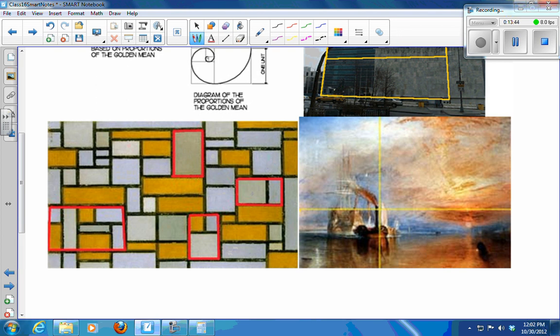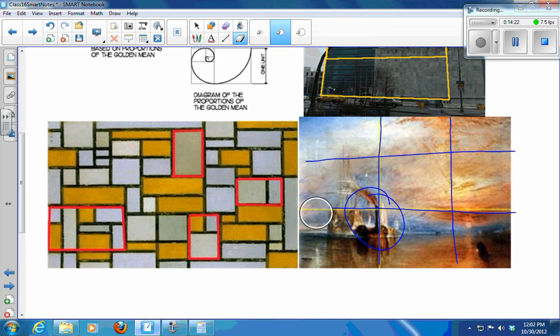So we have some other art pieces here. This is a stained glass window that has several golden rectangles in it. And often artists don't put the subject of their painting right in the center. Sometimes they use a rule of thumb called the rule of thirds, where you might break your paper into thirds like this and put the subject about right here, or in one of the quadrants. And the rule of thirds,